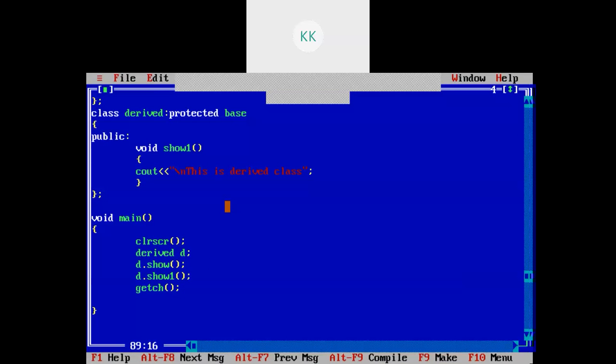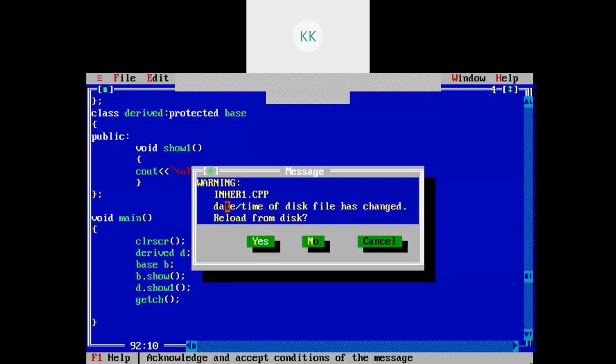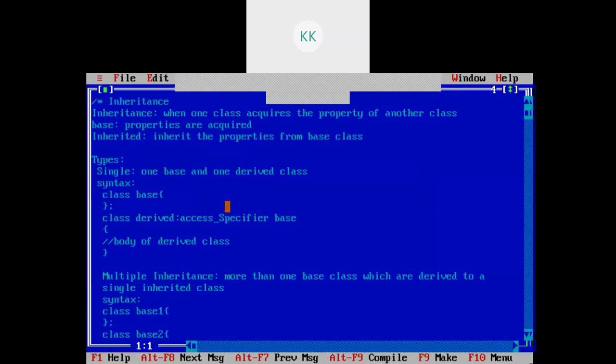If you create another object for base class B and use B here, you will not get any error. Okay, so it is executing as it was executing previously, right?